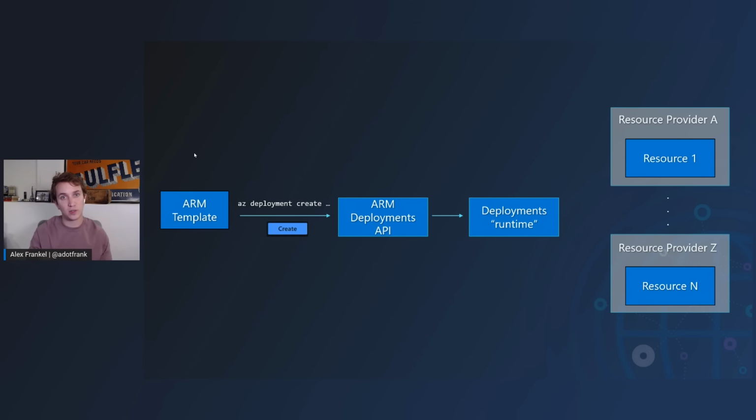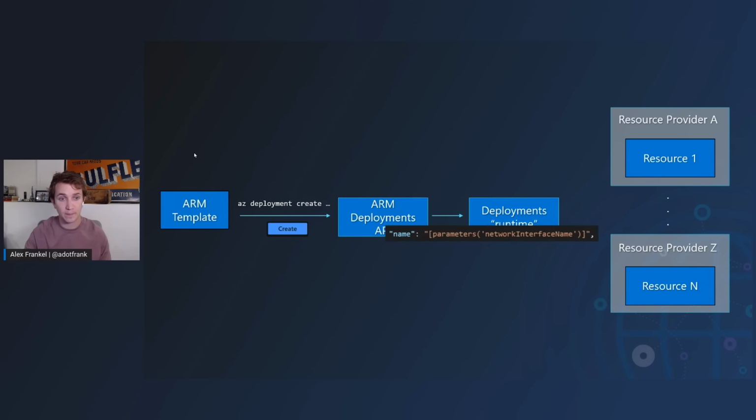From there, the deployments API will hand off your template to what we sometimes call the deployments runtime. And the deployments runtime is responsible for evaluating your ARM template. So an ARM template is a programming language. It can be dynamic, you can have conditions, you can have loops. It's the job of the deployments runtime to resolve all that before it hands it off to the actual resources